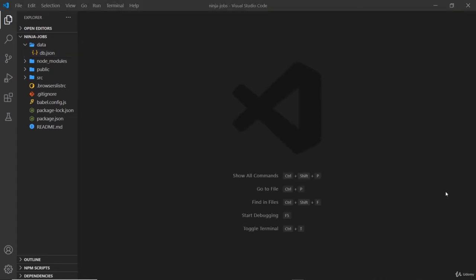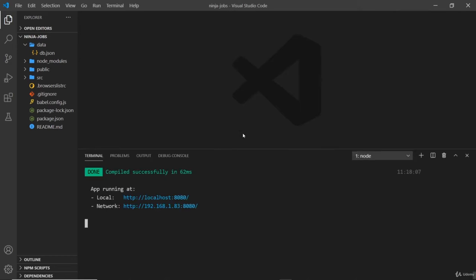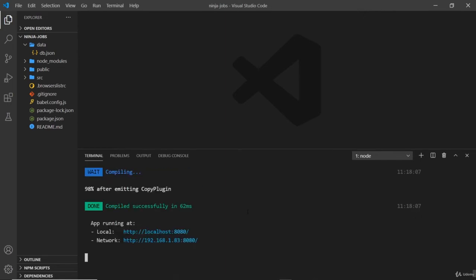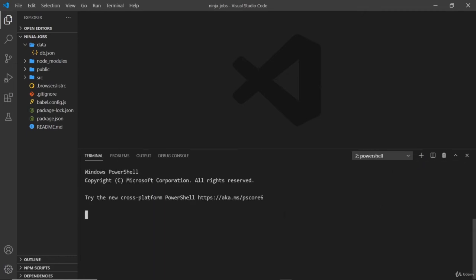The next thing we need to do is install the JSON Server package locally inside this project. Now to do that, we need to open up a terminal. Now I already have the local host for the Vue application running right here because we ran before npm run serve. So I need to open up a new terminal by clicking this button right here. And then over here, I'll say npm install. This is how we install a package locally. And the package is called